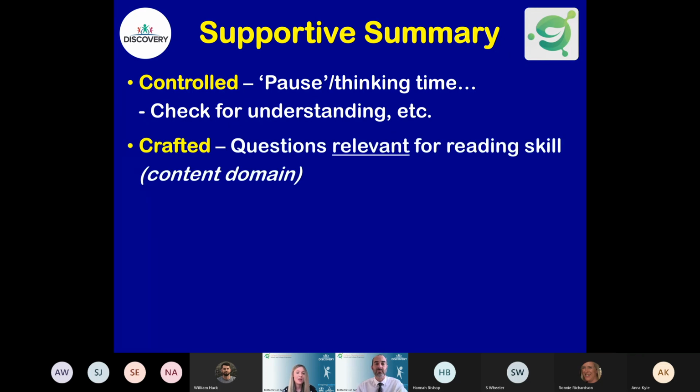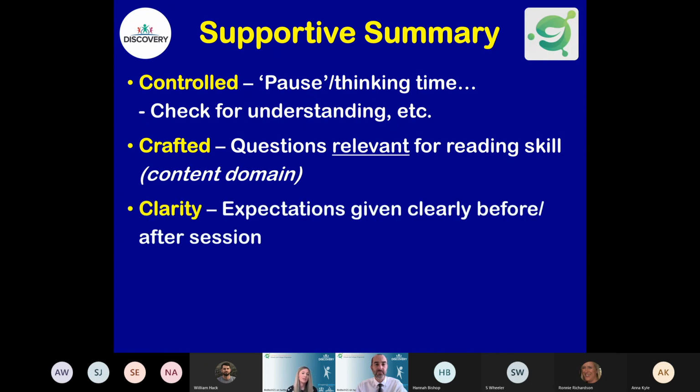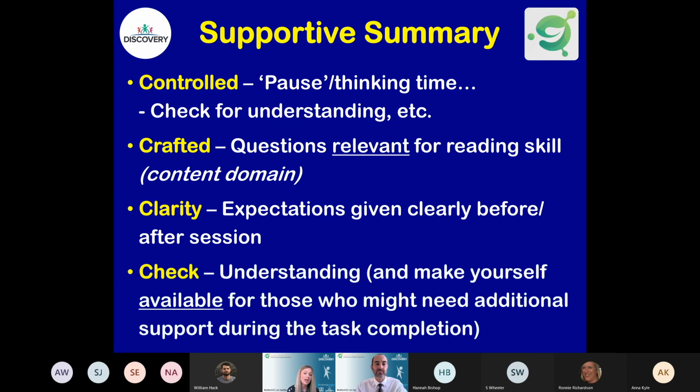Crafted, thinking about your questions relevant for the reading skills. So if you think about teaching individual content domains, do those questions link in with the individual content domain that you are teaching. So clarity, making sure that things are clear, the expectations given clearly before the session, but also after the session. And checking their understanding, and make yourself available for those who might need any additional support,